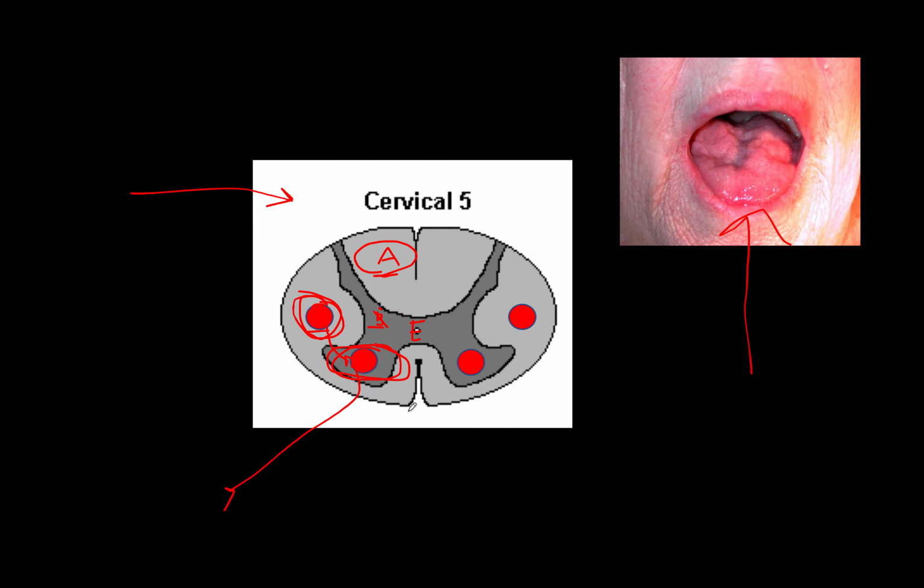Yep, so those are all the areas that we could see affected. Obviously, they're not all going to be affected simultaneously. Otherwise, this would not be an asymmetric disorder. It would be on one side or the other. And so the other thing is with these disorders, if they're saying that it's right hand, you want to make sure that you're selecting a lesion that would be on the right side of the body. So that should be on this side. If it's on the left hand, it would be on the left side of the body. Because there's no more crossing over or decussation that happens at this point, it would all be ipsilateral.